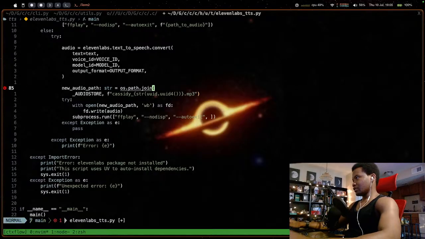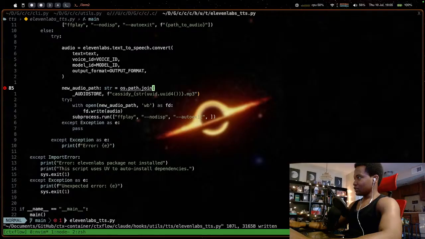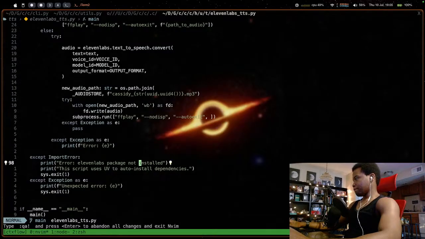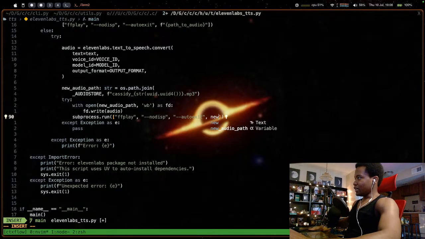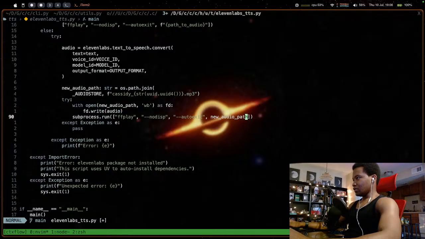I know what I was typing. os.path.join. What? There's no way. Okay. Alright. New audio path, write bytes, write the audio bytes into that file descriptor, and then we subprocess.run. We still have the audio path, so we can just literally pass it through. Pass it the audio path, and that's it.